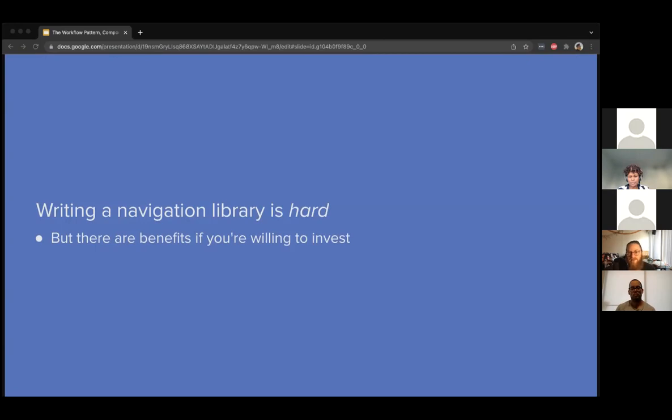And this wasn't the first navigation library Square wrote either. We'd done Flow and Backstack and other things in the past. But even with all the stuff we learned from those, there was new stuff that we had to deal with, and it was still tons of work. And we made lots of mistakes along the way, and lots of iterations here. But that said,